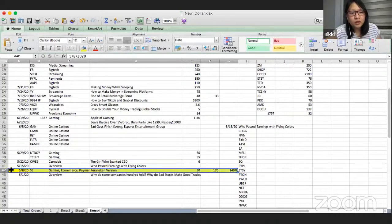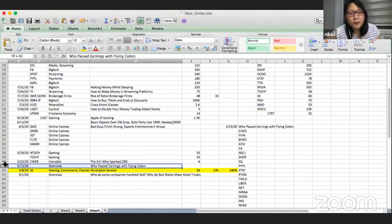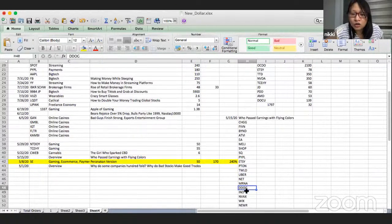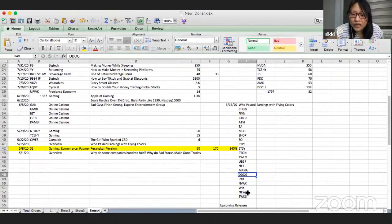Okay. May 15, I talked about who passed the earnings with flying colors. That was a Free Friday class. Every Friday, I give free classes. Who passed earnings with flying colors? I said Chegg, Beyond Meat, Activision, Electronic Arts, Mercado Libre, Shopify, Square, PayPal, Etsy, Peloton, Twilio, Uber, Net, Moderna, Datadog, Inovio, Novavax, Wix.com,